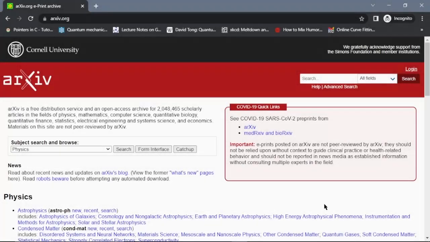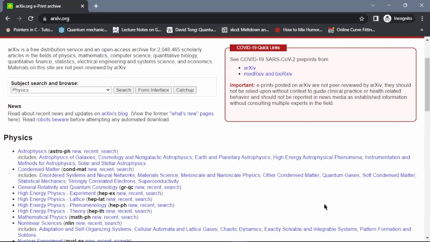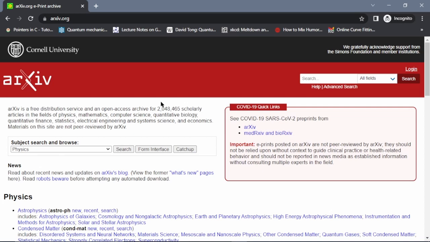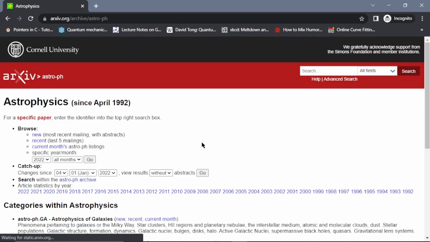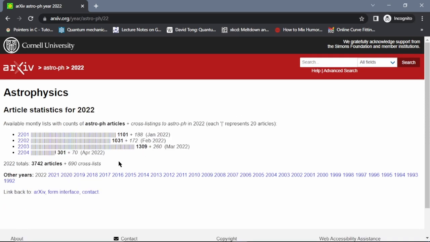Hello folks, today I am going to show you how to format your document so that you can upload it in arXiv. And what is arXiv? arXiv is a scientific repository in which so many research papers are listed. So if you are looking to publish your own research paper and you try to upload it online through arXiv,